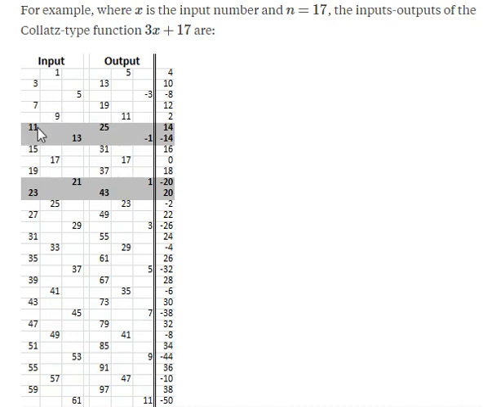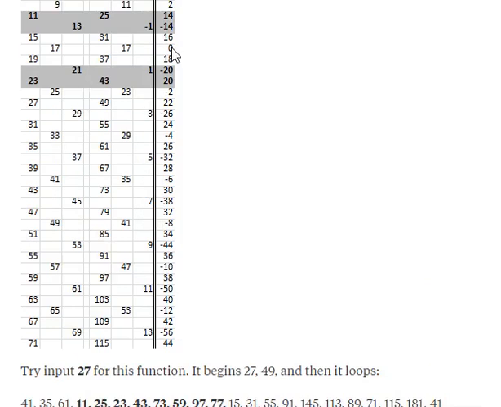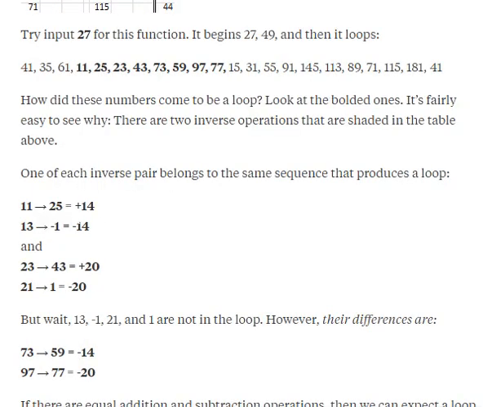And so where do these come from? They're simply input 11, output 25 is 14, input 13, output minus 1 is minus 14, input 21, output 1 is minus 20, and we're looking at this as a reverse operation. 23, 43 is 20. So these cancel each other out, these inverse operations. They become 0. And notice in the middle we have a 0. So this is highly significant, and I'll say what this 0 means in the next video, but here I just want to illustrate that these differences, plus 14, minus 14, plus 20, minus 20, the contributing numbers, the input-output numbers,